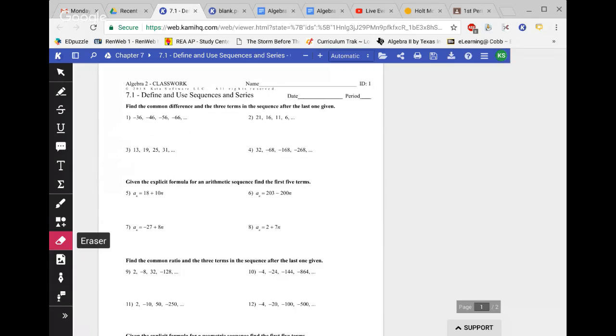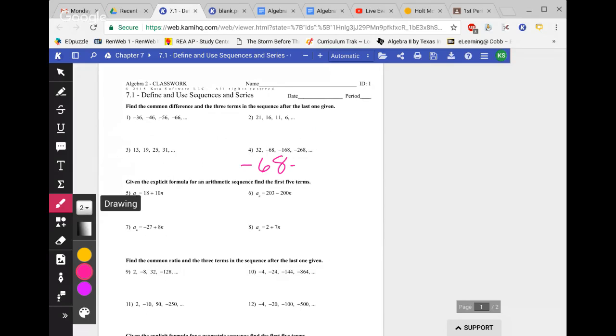Probably the trickiest one, maybe out of these, would be number 4, when you're taking negative 68 and subtracting 32. That's going to give you negative 100. It was a little easier to see the pattern here, but just to show you, if you have negative 68 and you do,